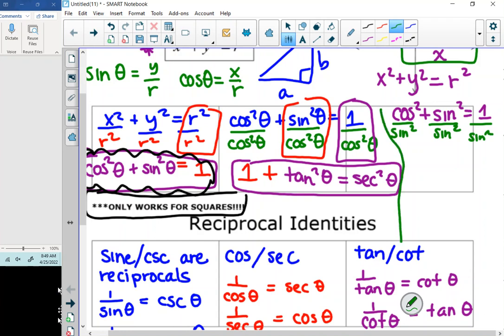And that's going to make my third identity a cotangent squared plus a 1 is a cosecant squared. I'm going to write that on my big list. Cotangent squared plus 1, oops, I forgot my theta. Cotangent squared of theta plus 1 equals